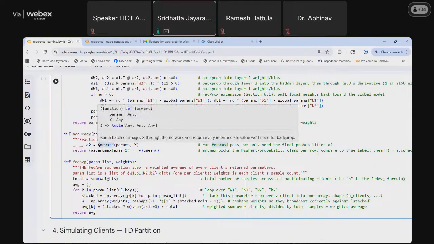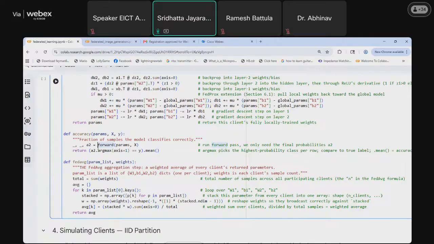Now, after the training is completed, or the entire federated learning is completed, if we want to see what the accuracy is, then we can perform this. So for accuracy, we'll be passing again the input and the ground truth, and this forward function again is the model here, and we'll be passing parameters and the input. It will return us the softmax output, and then we'll check whether it's matching with the ground truth, and we'll calculate the mean, which will return us the accuracy.